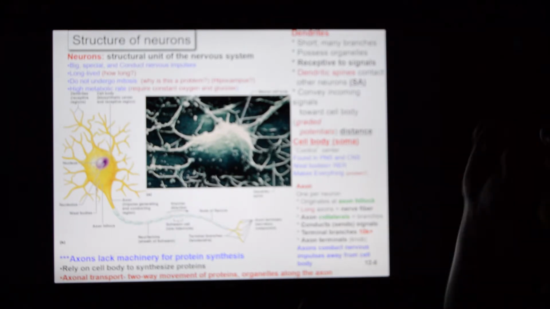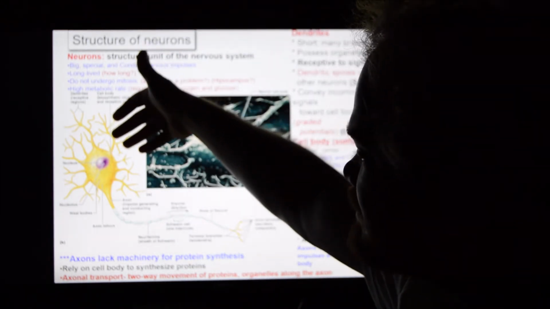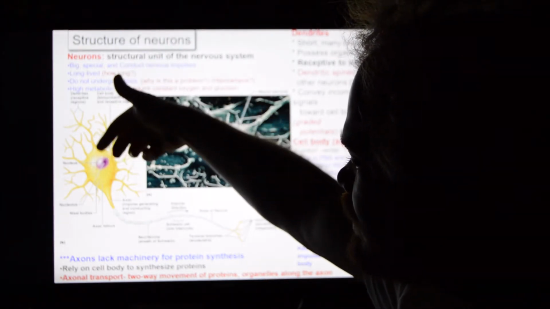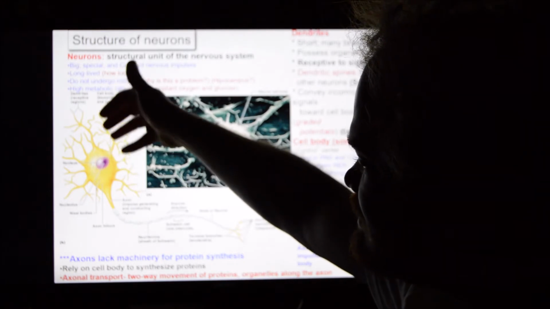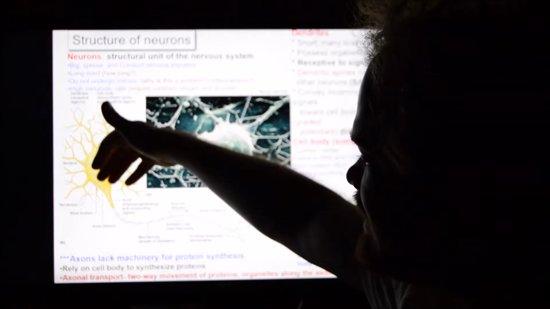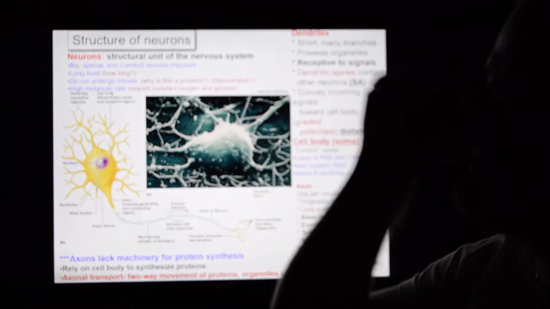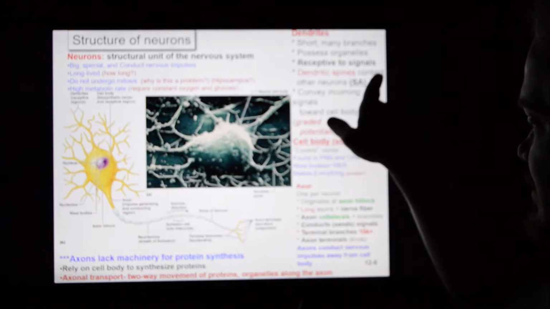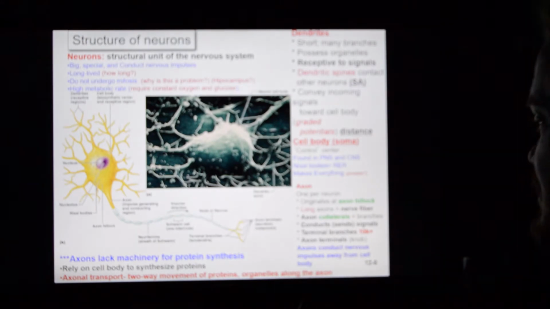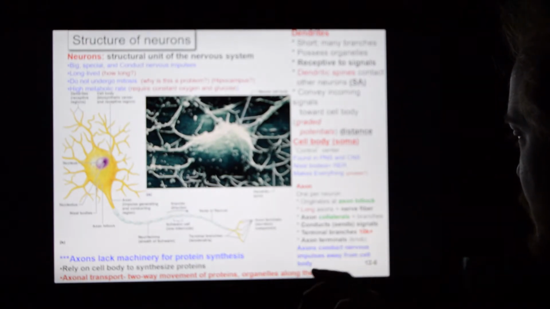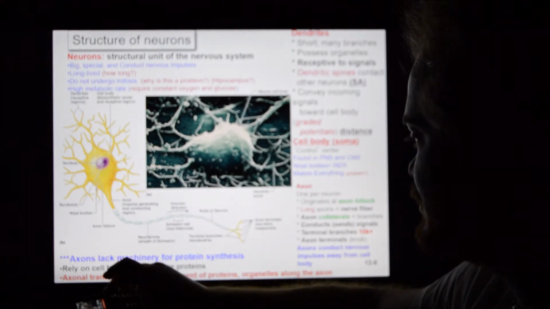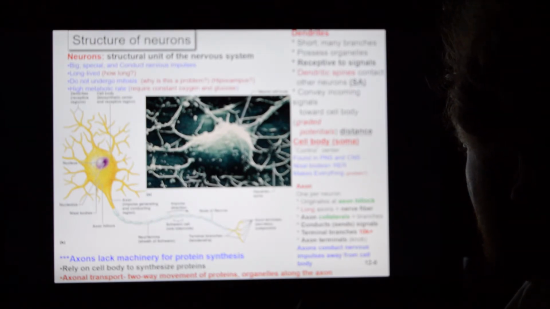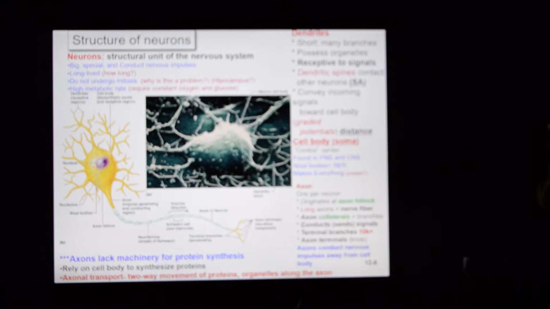Alright, so graded potential from stimulation of the dendrites flows slowly, graded, through the nerve cell body, decides if it's going to continue, gets to the axon hillock, hits the axon hillock, stimulates the axon hillock, which fires an action potential down the length of that axon, hitting the axon terminals, releasing neurotransmitters. Axon hillock, very important.